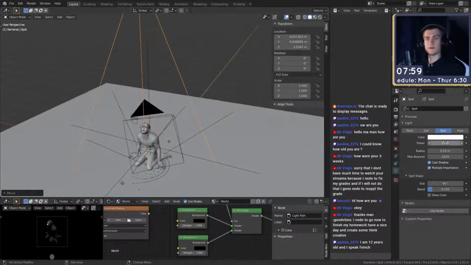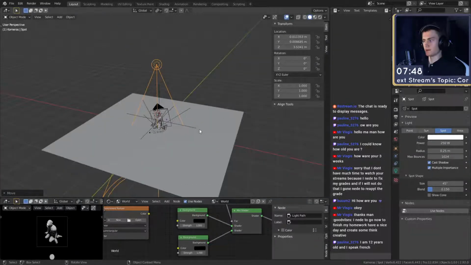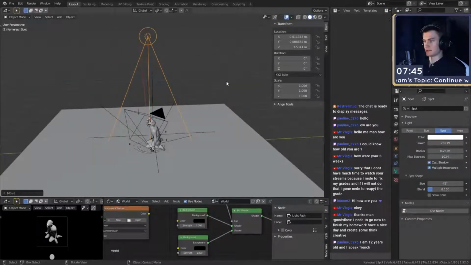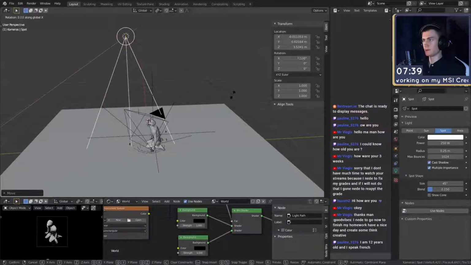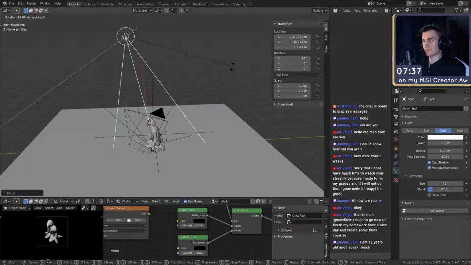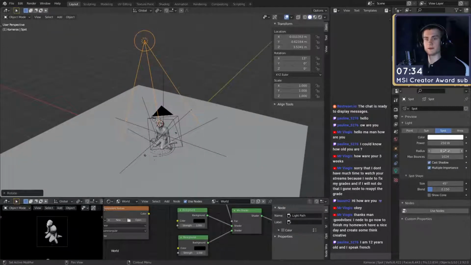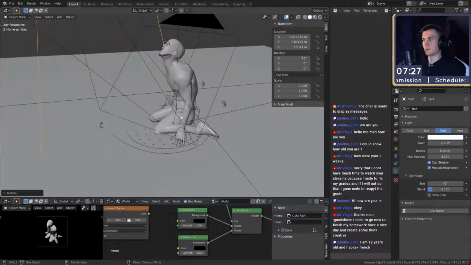There you go. We use high power. Maybe not too high, that's definitely too high. Maybe something more like 250. Okay. Let's put this a little bit more forward. There you go. Rotate it. Then I want to make this radius smaller so the shadows are more sharp. Okay, perfect. Let's see.